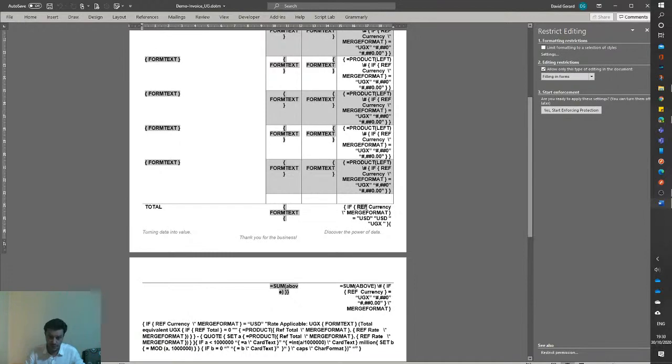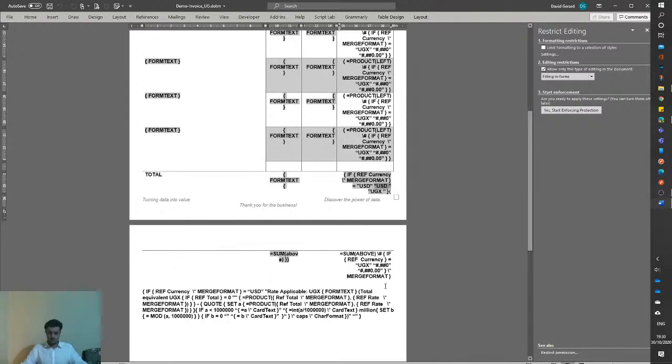So we refer to the currency name or bookmark, we evaluate it against the USD, and that's what the if function does. If the currency is equal to USD, then we display USD. Otherwise, if it is not USD, then we display UGX. Okay, so that's what the if function does. And then we have